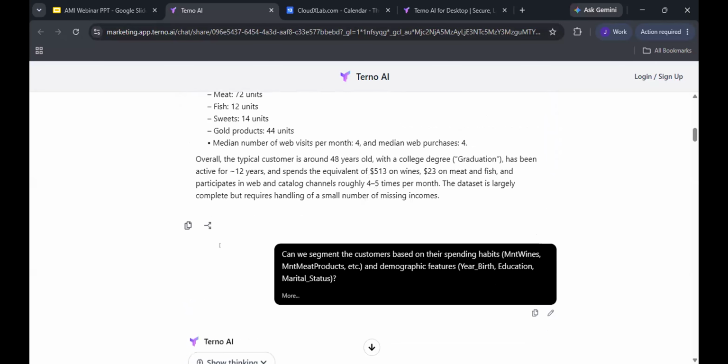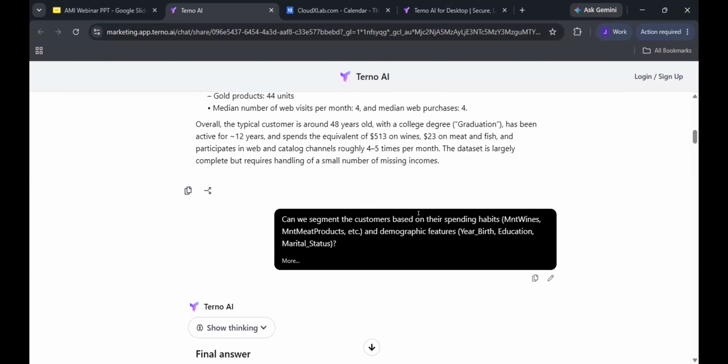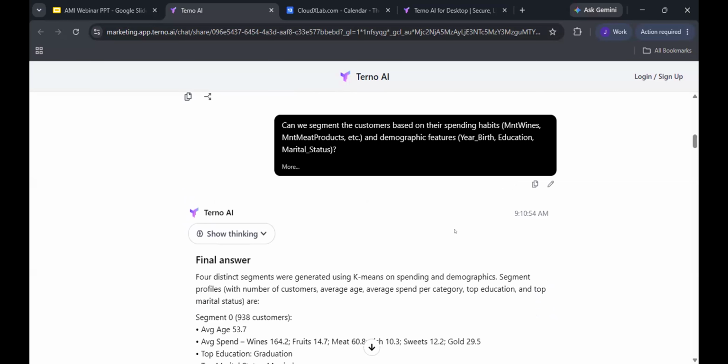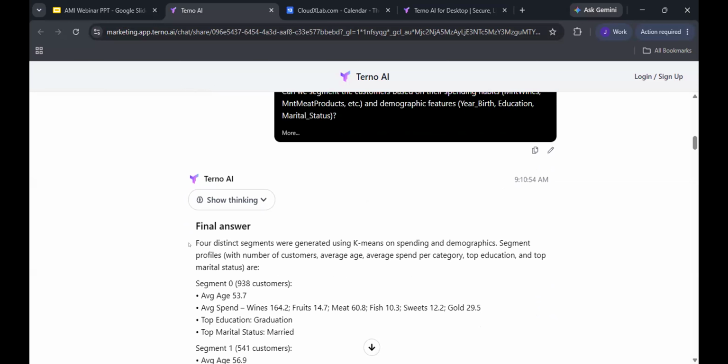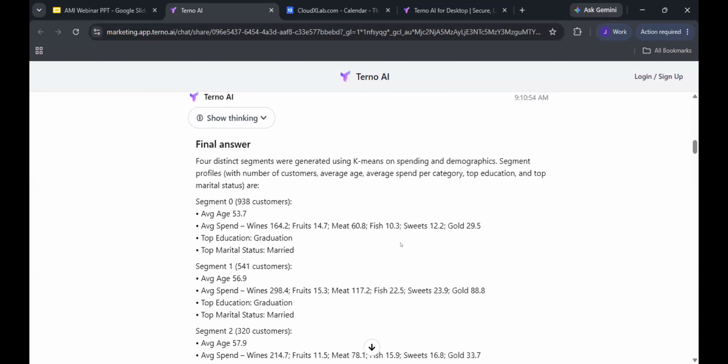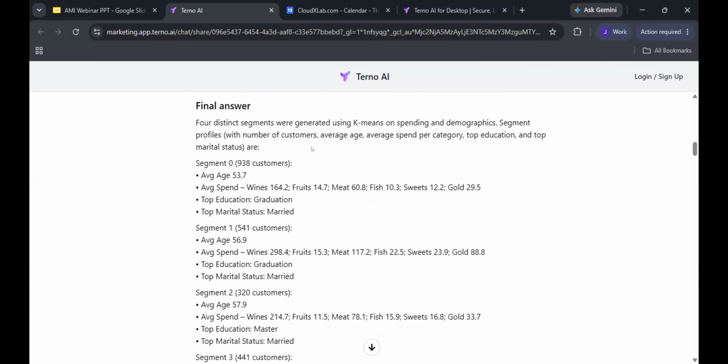Then we passed another prompt to Turno: can we segment the customer data based on their spending habits and demographic features? On this, Turno stands out from other AI chatbots, where it outperforms the others. Here, Turno shows k-means clustering, on which it divides the customers into different segments. For segment 0, we can see the major